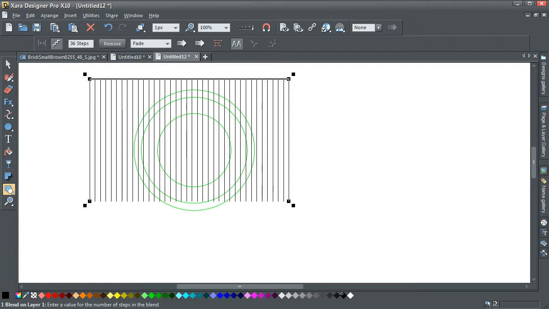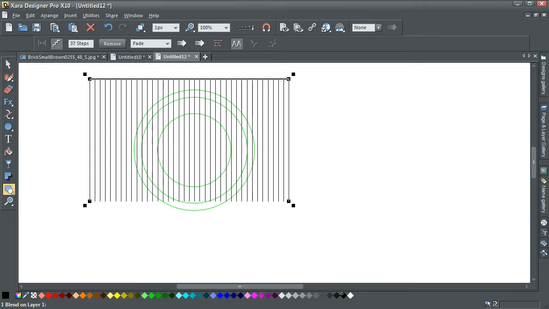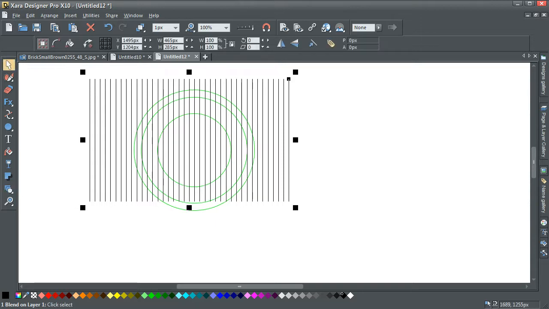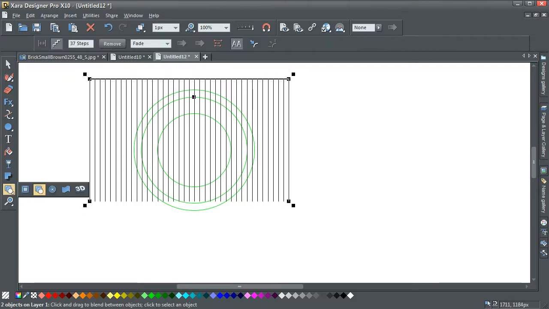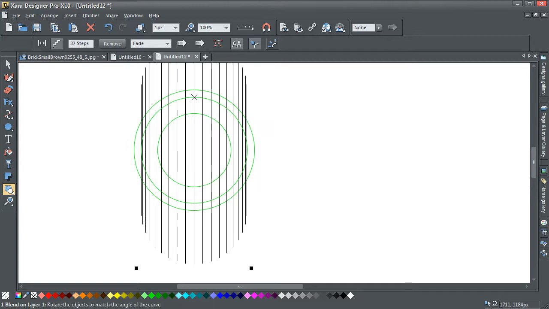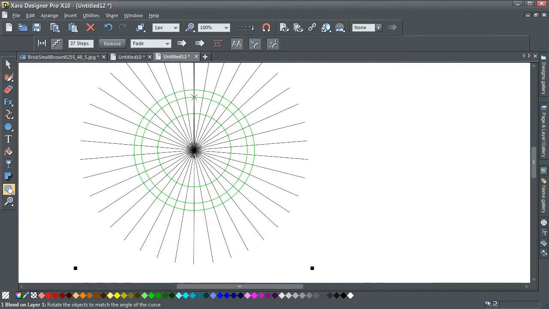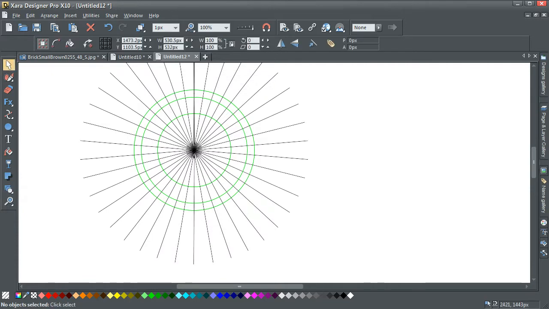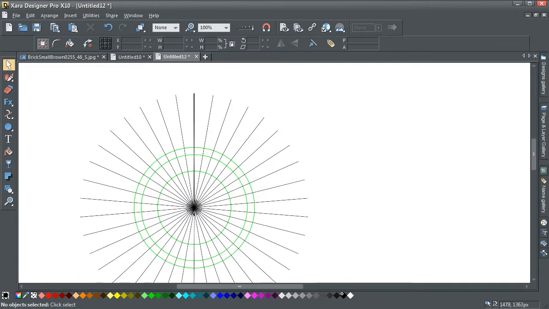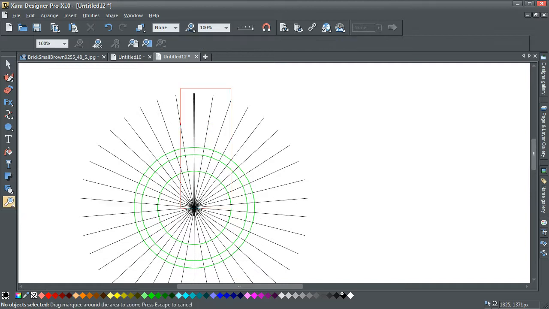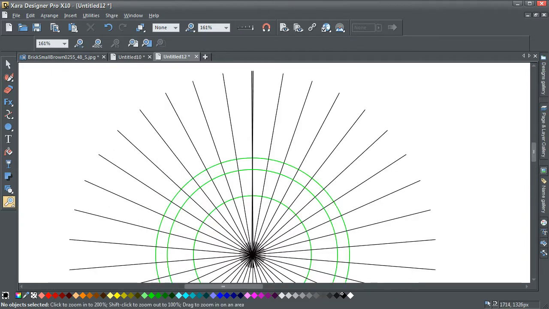36 steps, but because they overlap, I'm going to make that 37. Okay, and select any one of these circles. Blend to fit curve, and then rotate along the curve. Does that. Now the one issue I have here, and it's not a big issue, and if you're just